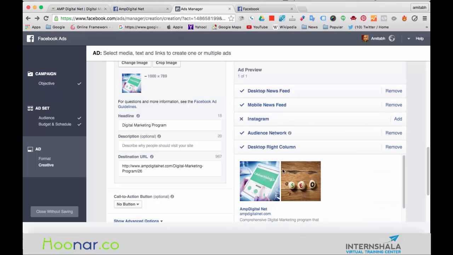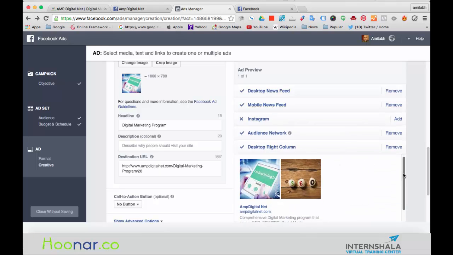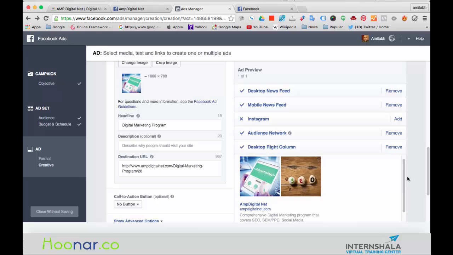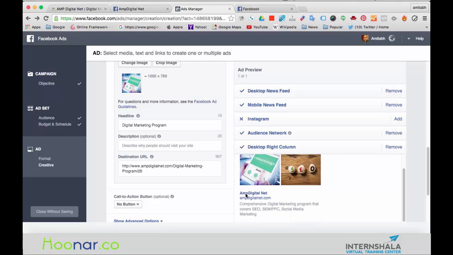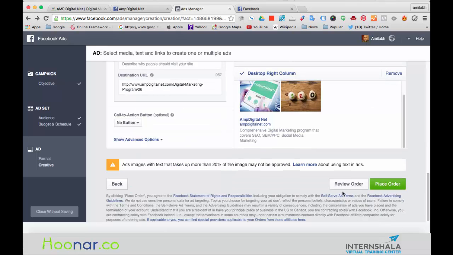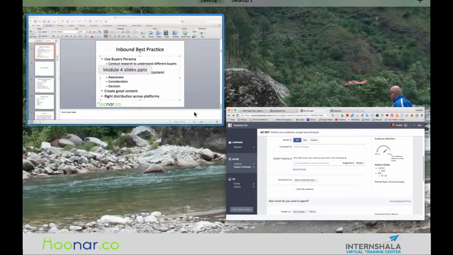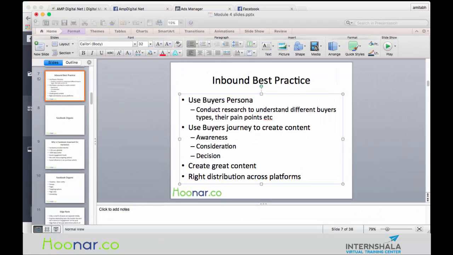And finally, the desktop right hand side, you can see both the images are coming together along with the name of my website, a couple of lines, headline, and when people click on this, they will go to the landing page that I have specified. So yeah, so that is all about Facebook advertising. So I want to